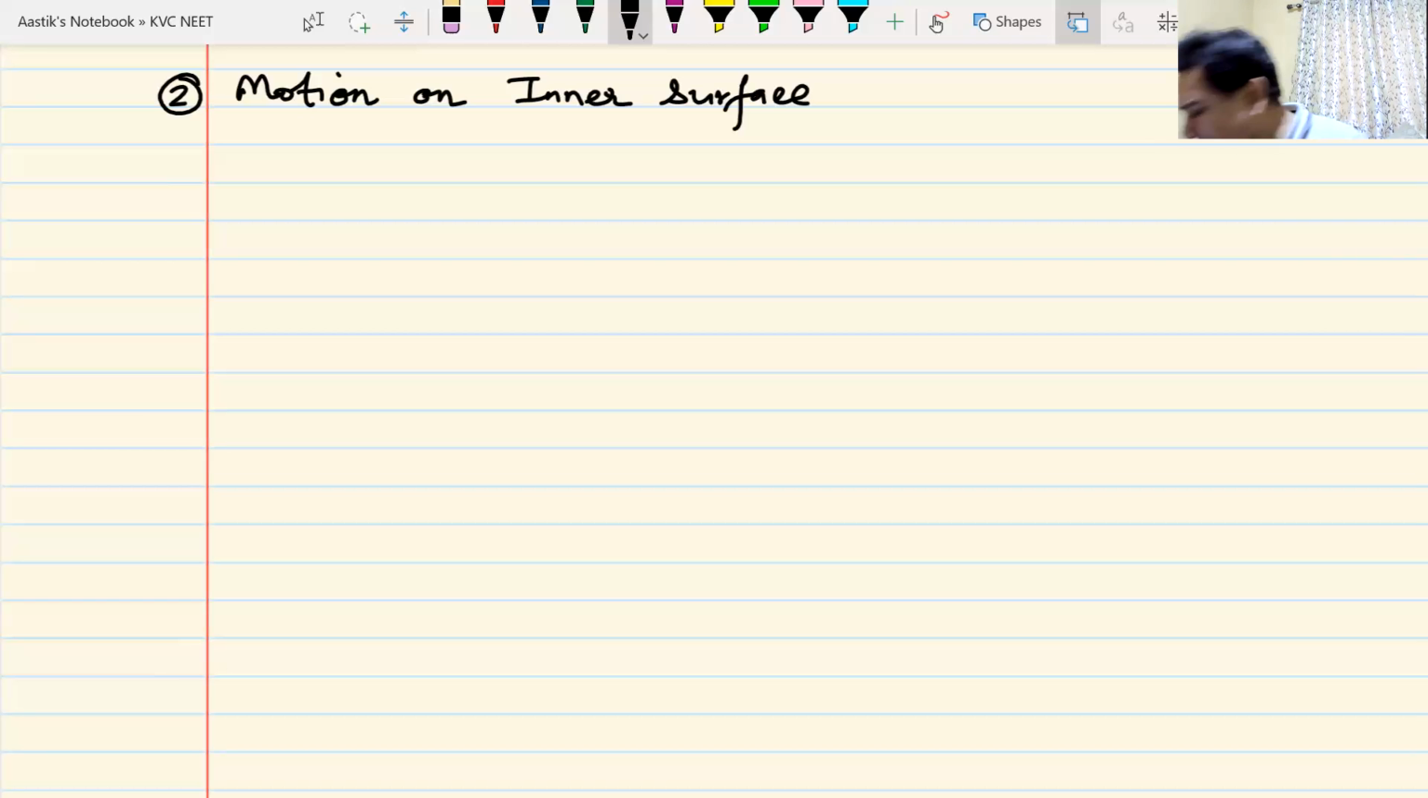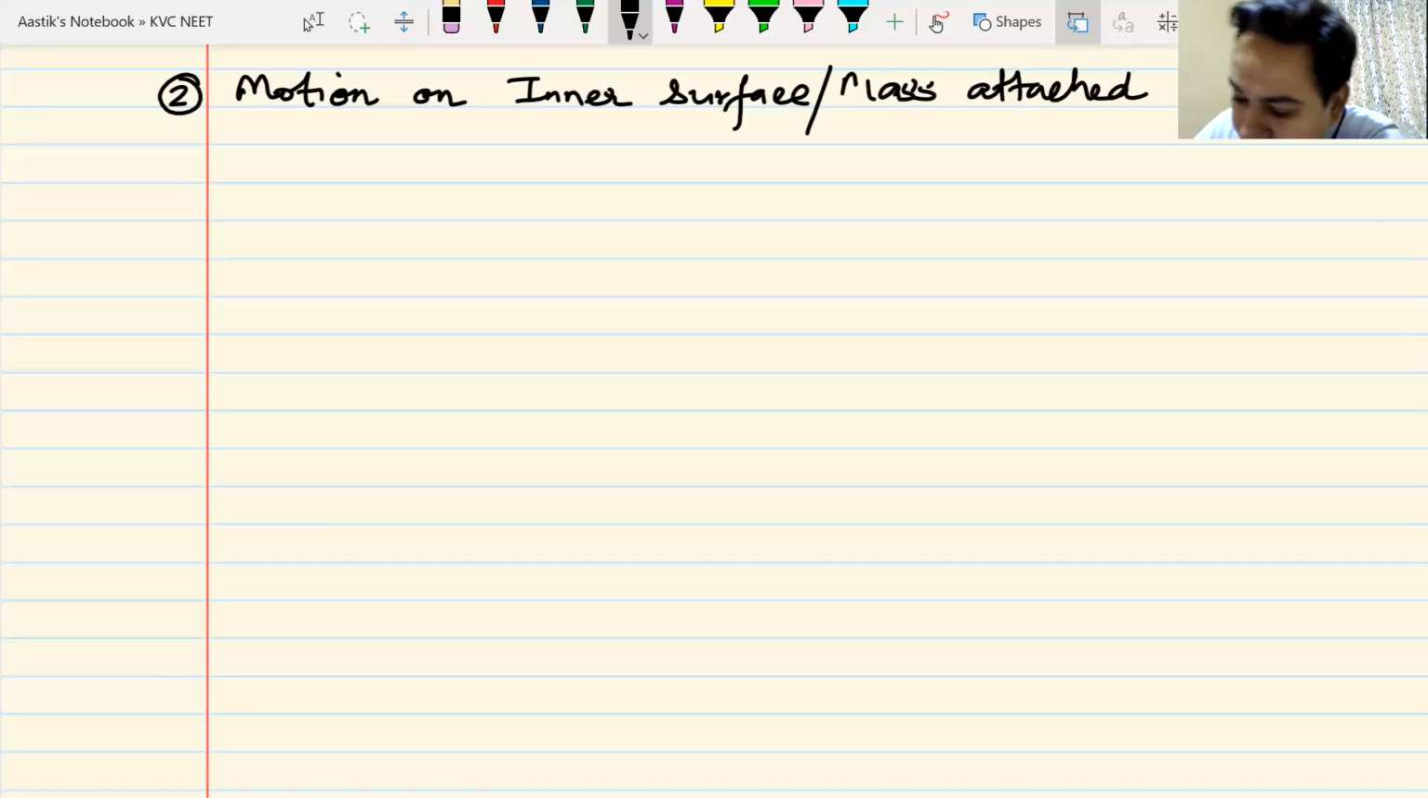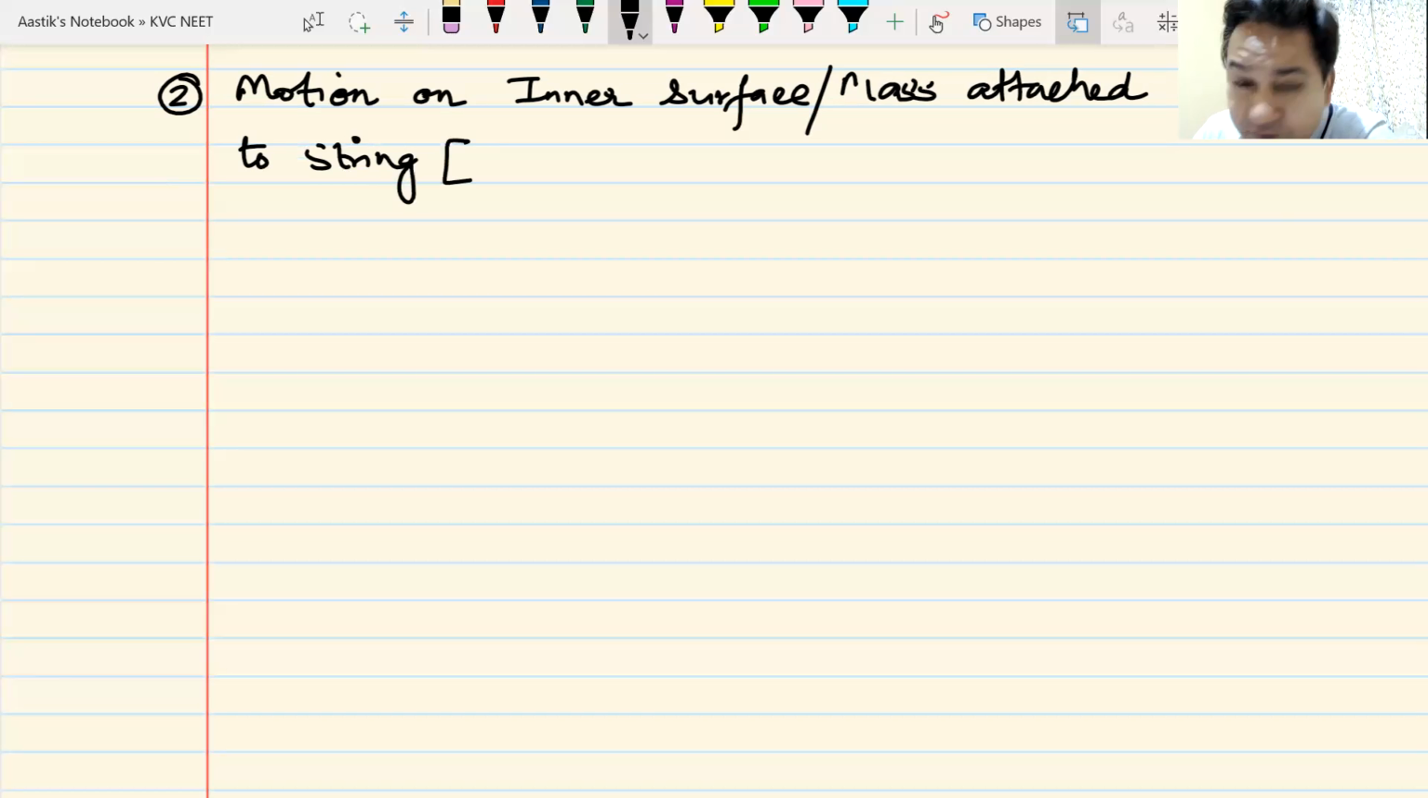Now, this motion on the inner surface is similar, so I'll just write slash, mass attached to a string. Both the motions are similar, and both are examples of motion